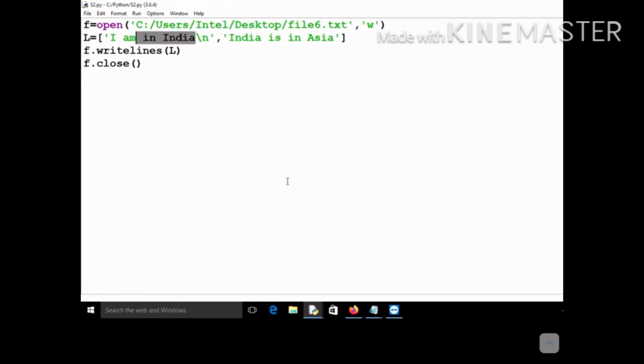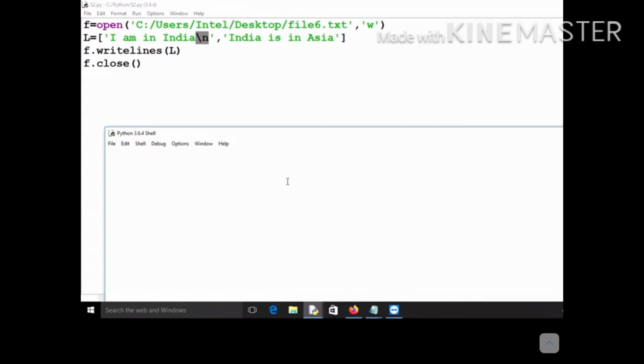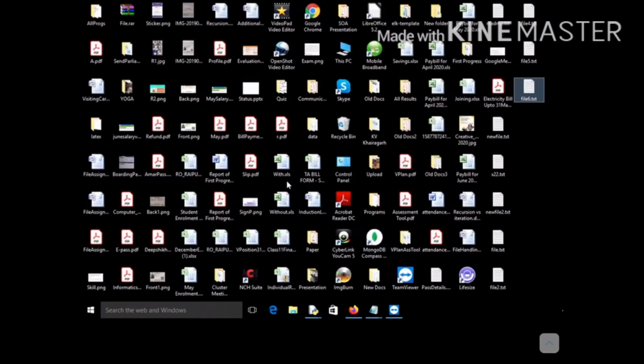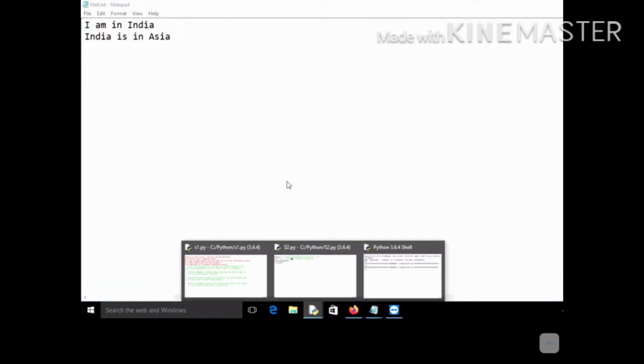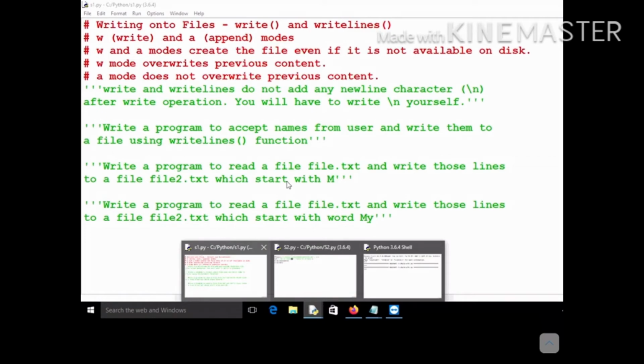At the end of every line you have to provide \n. It may not be needed at the end of the last line, because there need not be any new line after the last line. But if it is not the last line, then this \n should always be there. Now let's run this and see what output it is giving. Now you open file6.txt and you can see that it is now written in a new line. India is in Asia is now written onto the new line.